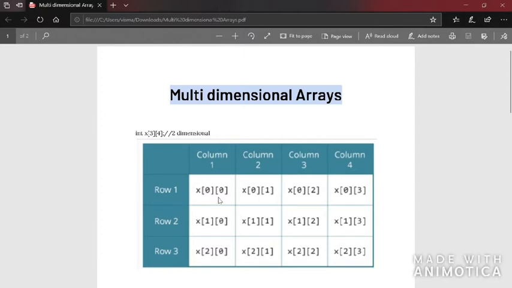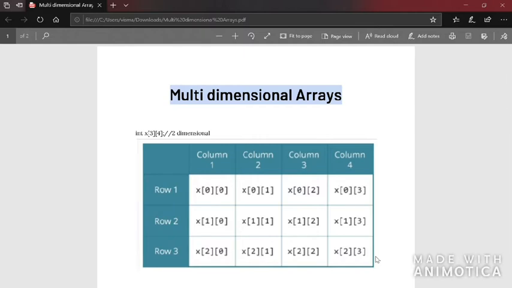So 0th row, 0th column; 0th row, first column; 0th row, second column; 0th row, third column. In the same way, first row, 0th column; first row, first column. It goes on until second row, third column. This is the final position. This is how you will be accessing values of the multi-dimensional array.